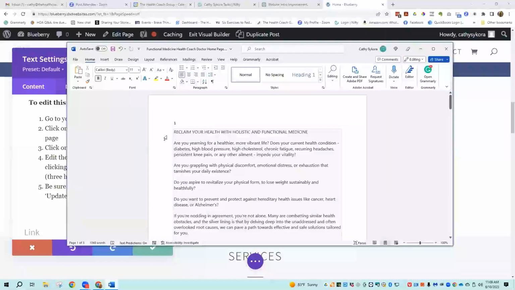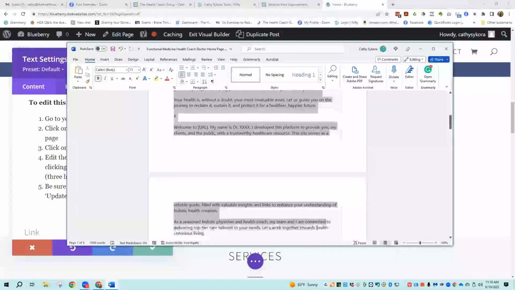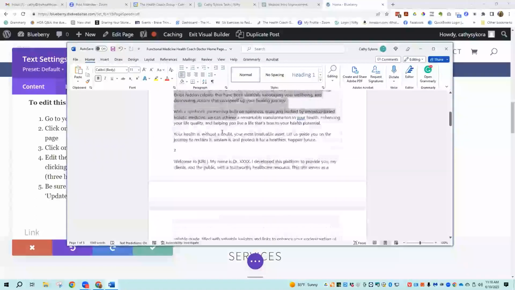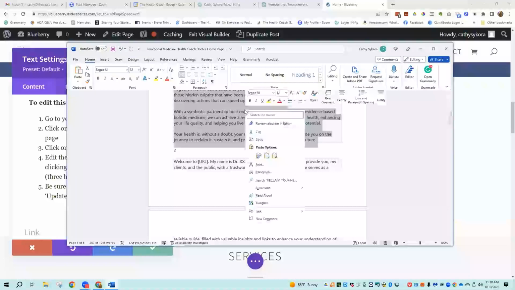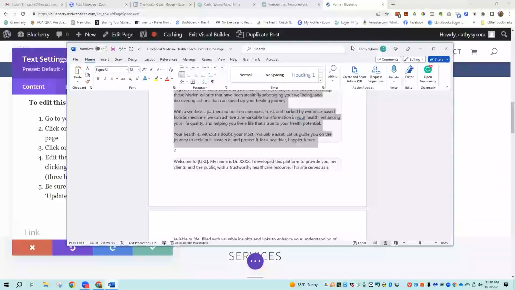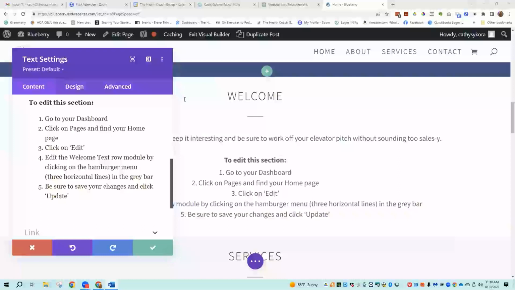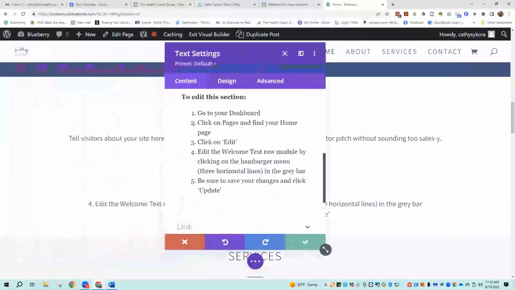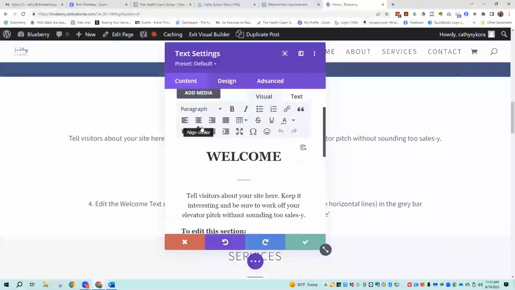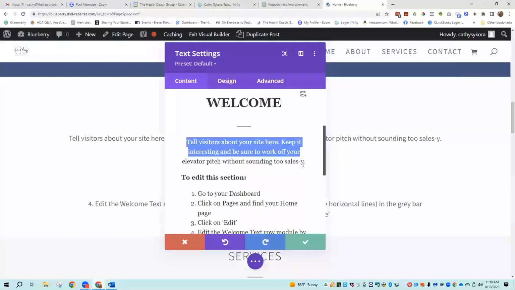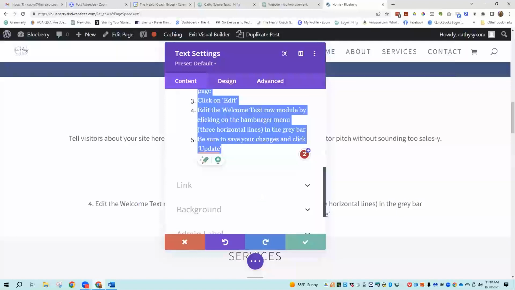This is my Word document, and this is what I want to paste into the website. Whoops, and I've got it numbered 1, 2, and 3. They wanted me to change your, but I don't want to change it. It makes more sense the way that they have it with the yours. So I've got copy, and I'm going to take what I copied and put it over what's typed in here. I'm going to leave the welcome like it is because that looks nice. And I'm going to copy